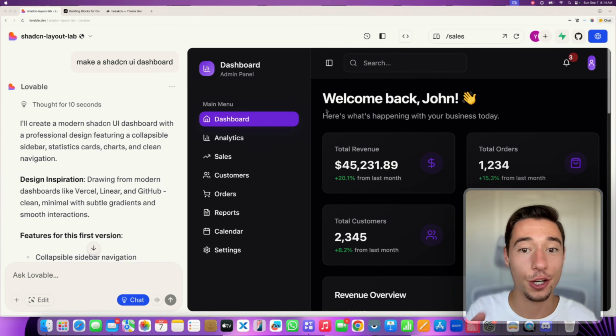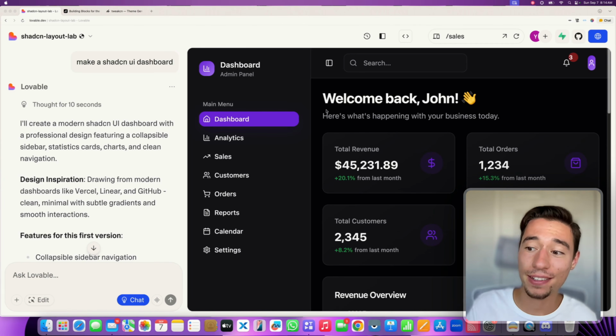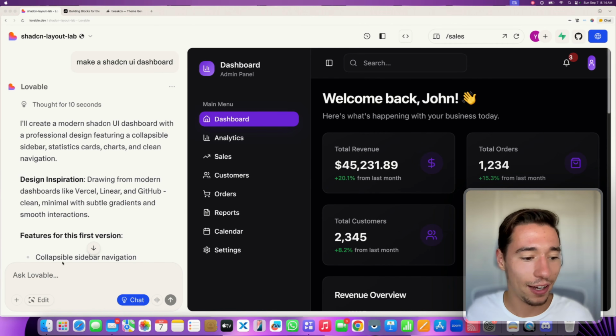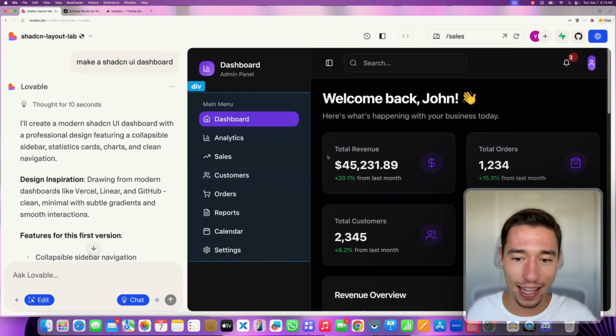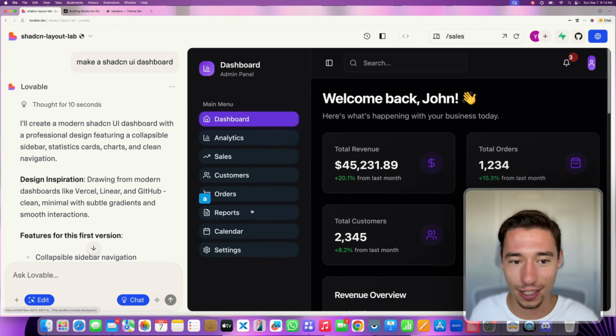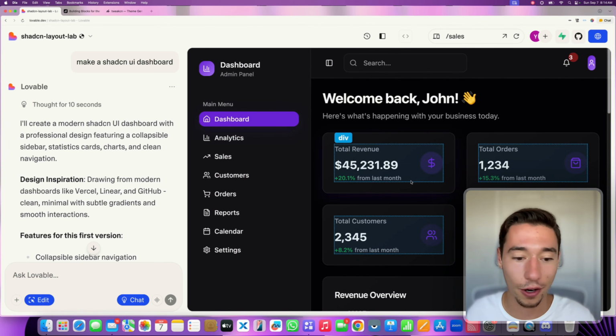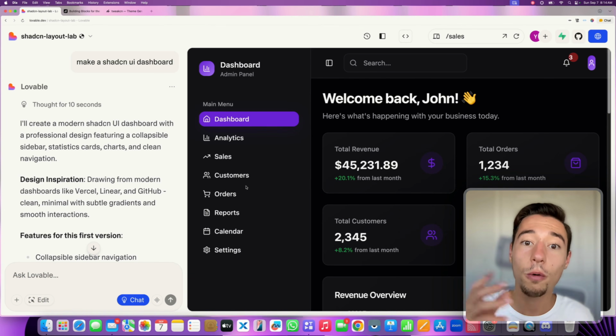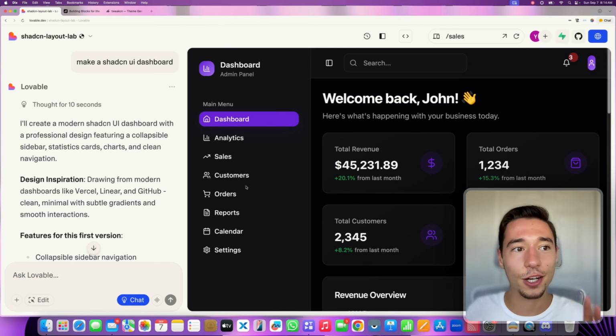So, Lovable just designed a UI for you, but you don't really like it and you want to tweak it, but you want to tweak it manually. And you don't want to go now and edit every element manually and change the colors and all that. That would be too much work. Let me show you how you can update the UI, no code, without having to touch any code